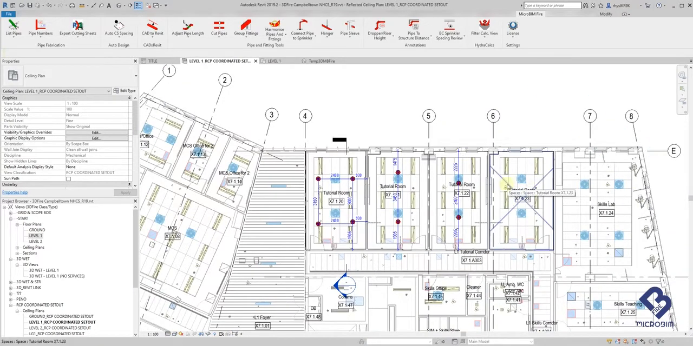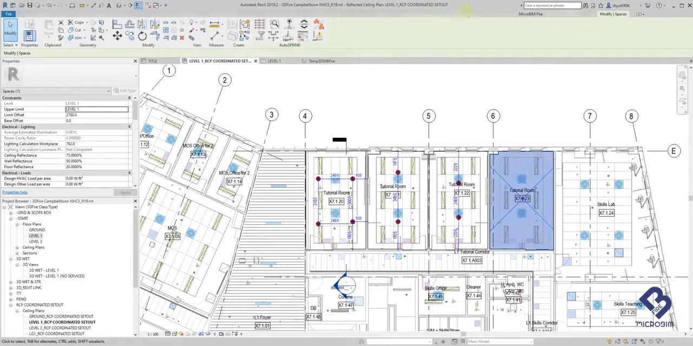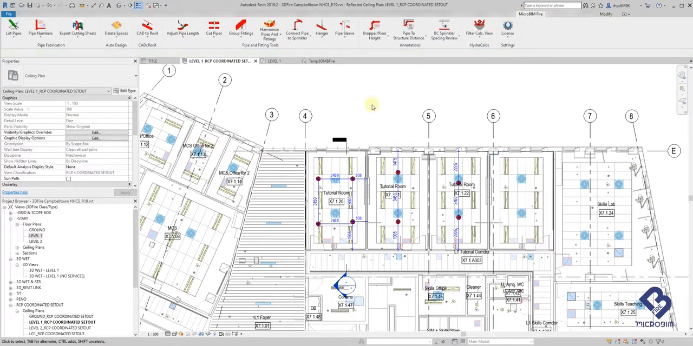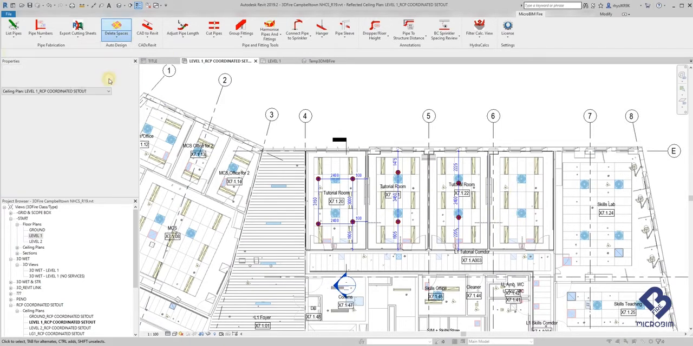Now we may be in a situation where spaces are not available within the architectural model. So we're going to delete this one to simulate this scenario. So if we don't have spaces within a model, we can still use the tools to create CS and below ceiling sprinkler layouts. Selecting this